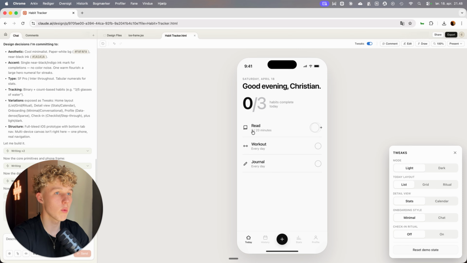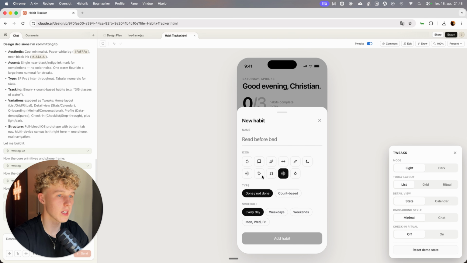So I really love this tool because it doesn't look like traditional AI slop. It actually has UI elements and UI training behind it, because it uses the latest models of Claude Opus 4.7. So let's see, we can actually